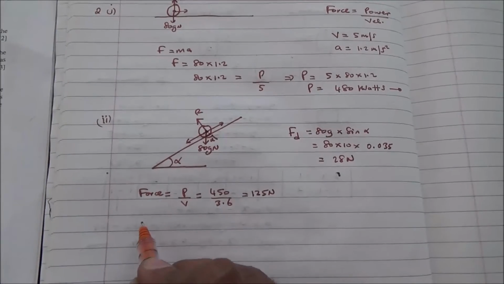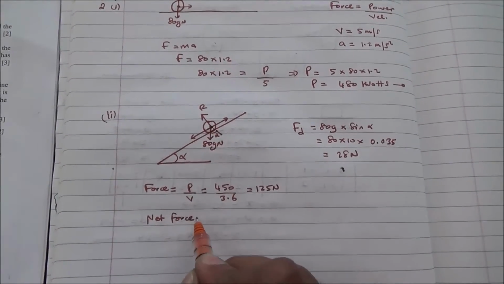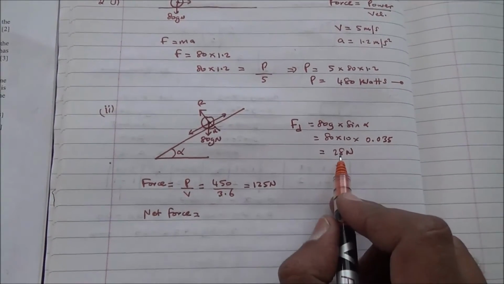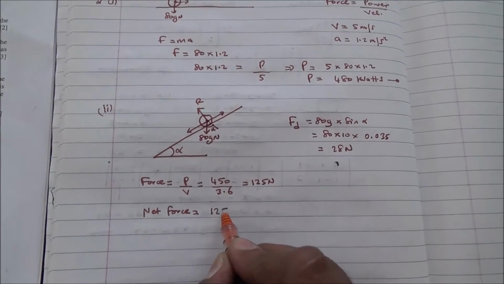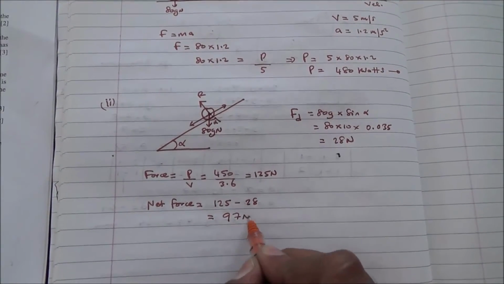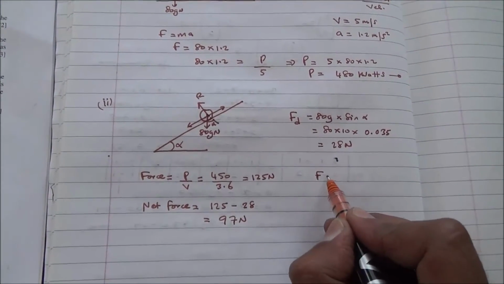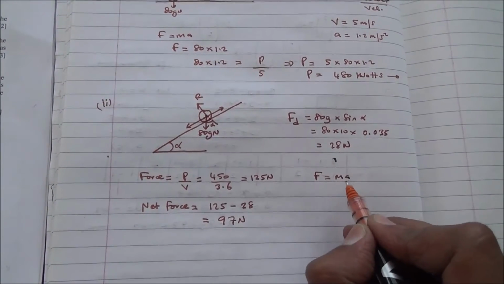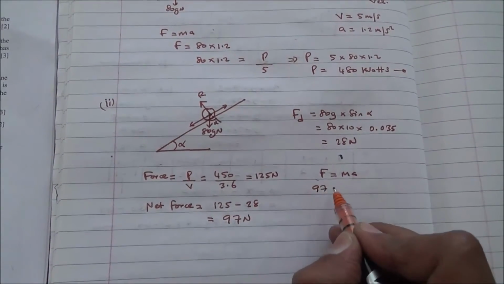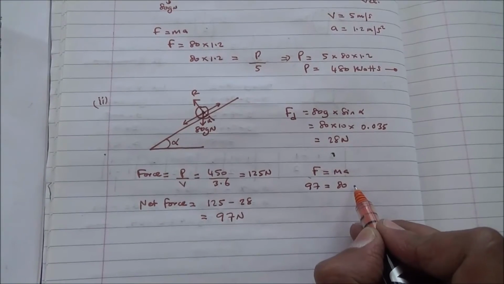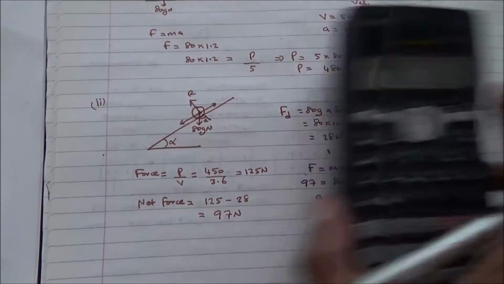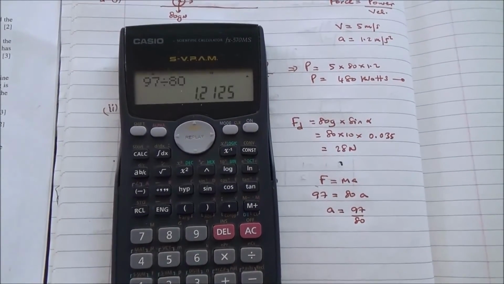Now, what is the net force? The net force is going to be the driving force acting upward minus the force acting downward. So the net force is going to be 125 minus 28, which is 97 newtons. Also, what we know from Newton's second law of motion is that force is equal to mass times acceleration. The net force we calculated was 97, is equal to the mass of the cyclist, which is 80, times the acceleration. Therefore the acceleration is going to be 97 over 80, and if you take 97 divided by 80,